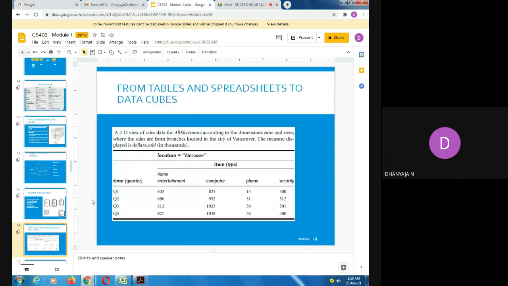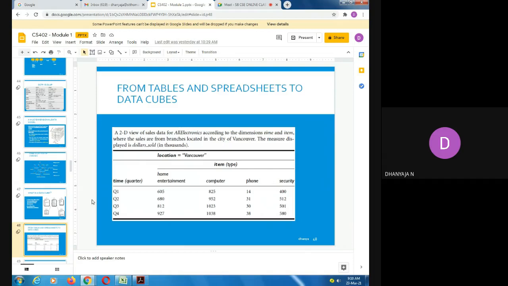So here you can see a 2D view of sales data for All Electronics according to the dimensions of time and item. Here you can see there are four quarters, Q1, Q2, Q3, and Q4.